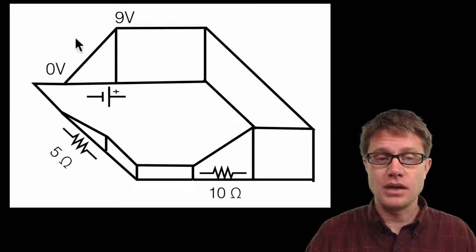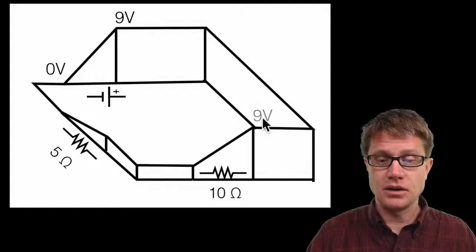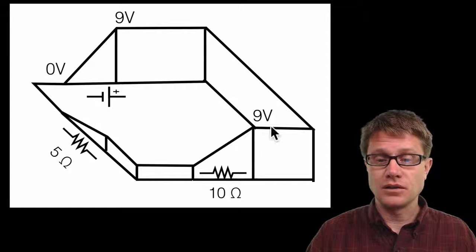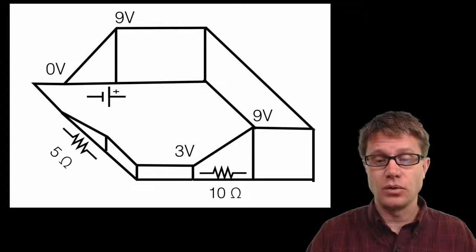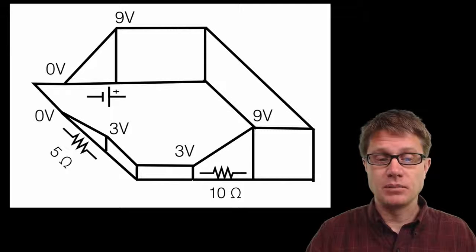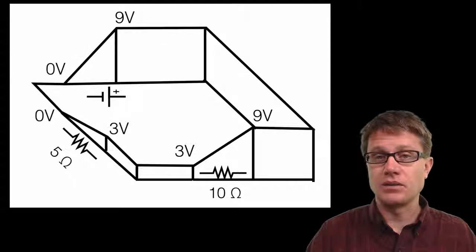As it moves through the wire, that 9 volts is not going to change throughout here until we get to our next resistor. And so this is a 10 ohm resistor. If it starts at 9 volts, what's it going to be as it gets to the bottom of that? It's going to be 3 volts. So we're going to have a voltage drop of 6 volts. And then that goes to 3 volts and back down to 0 volts on the second resistor that's going to